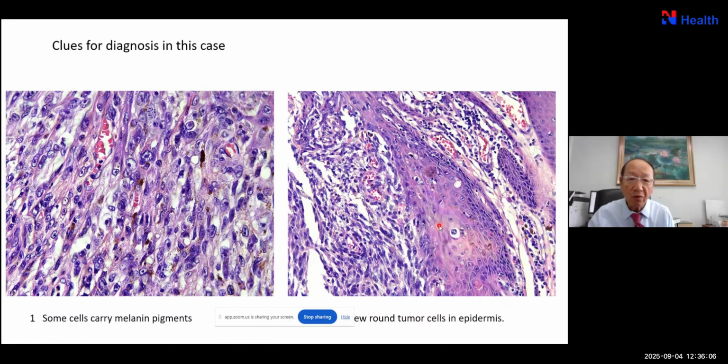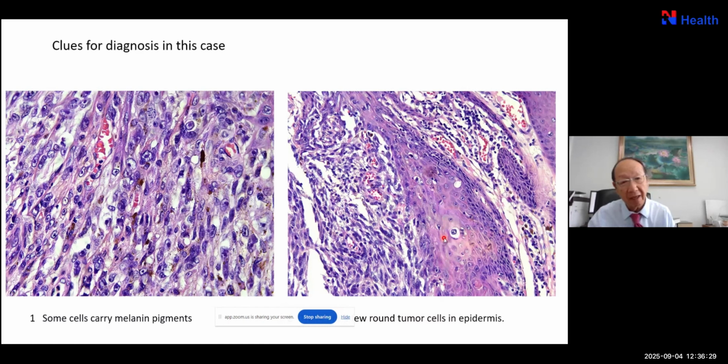It's quite unusual for spindle cell tumor to have round cell component in the same area. In the same area, we may have some so-called epithelioid lymphoma or sarcoma that have epithelioid shape, but that's the majority of tumors. But to have mixture of this is quite unusual, and it signifies that this could be a